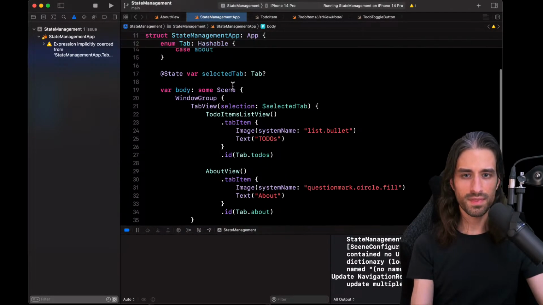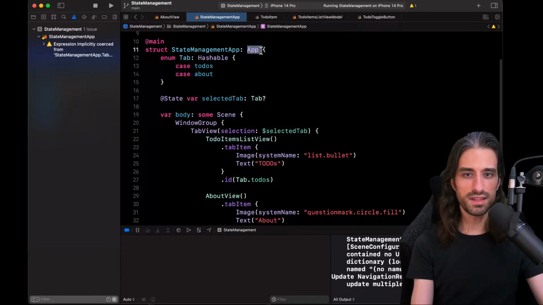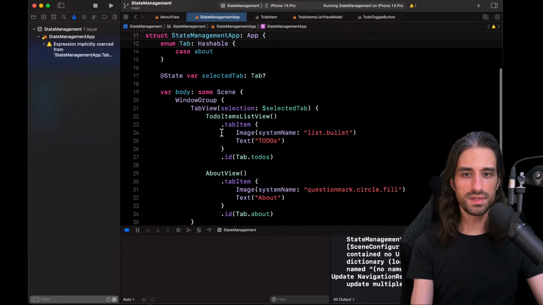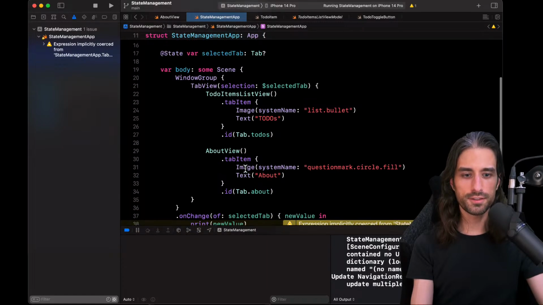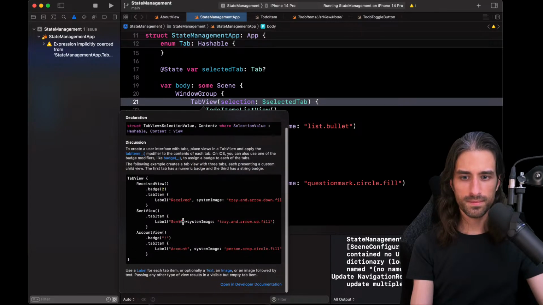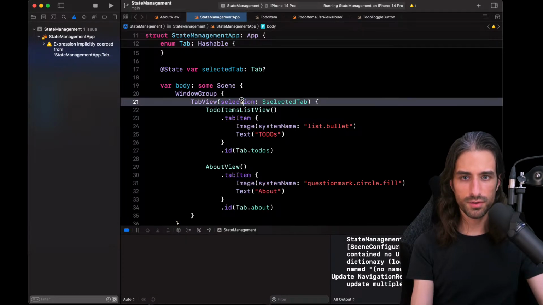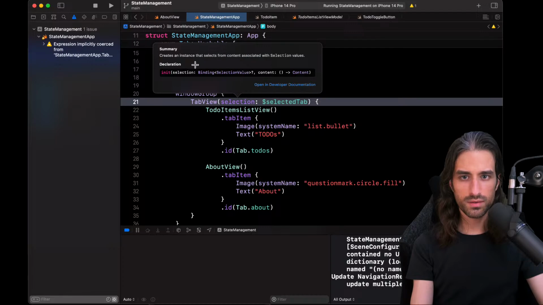Let's see. Actually, I'm not sure whether I'm allowed to use @State here inside at the app level, if it will be updated or not. Because for the selection, so tabItem like that, I'm looking for the selection. So let's say from content associated with selection values.